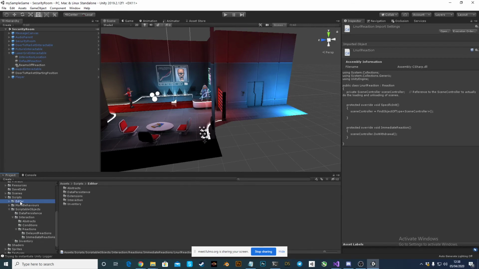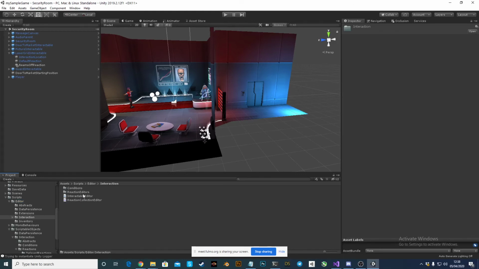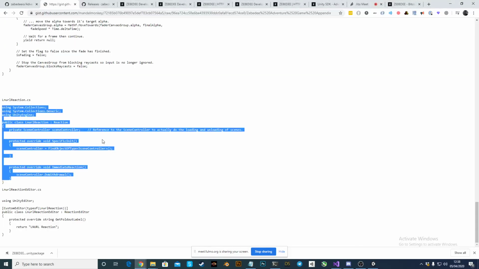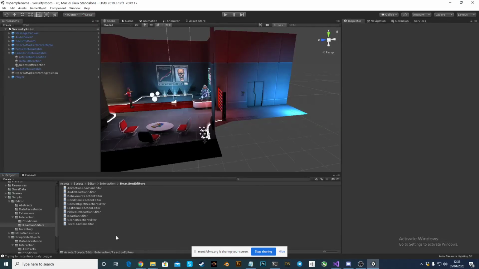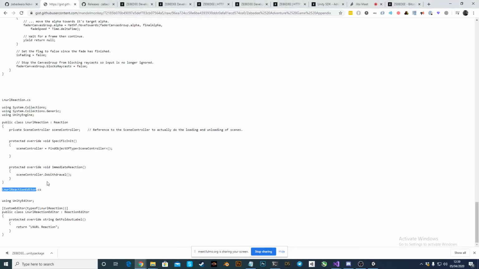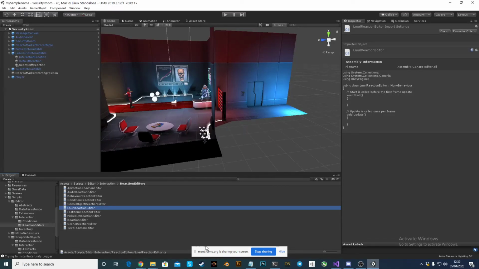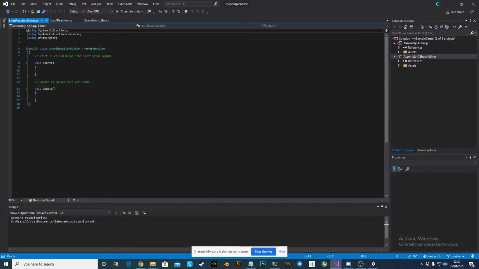For this, we want to go to Editor. I think it was Reaction Editors. I think it's here. So go back to our appendix again. I want to just copy this. Create a new script, and we just copy this code here. All this code is quite superficial. It just basically gives us some